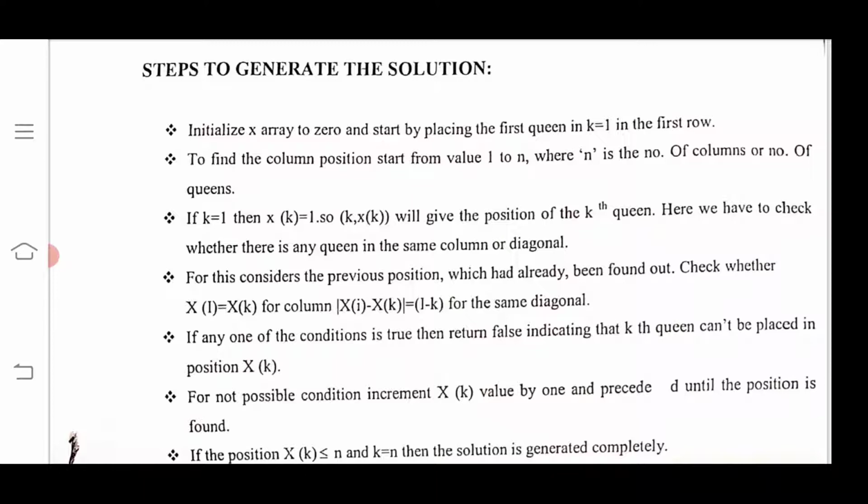If any one of these conditions is true, then return false, indicating that the kth queen cannot be placed in position x of k.